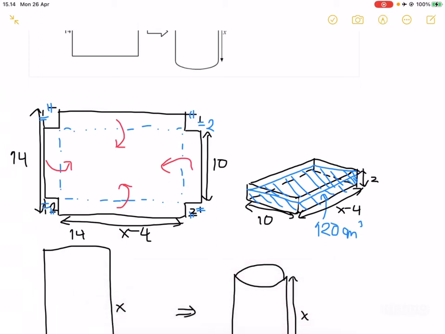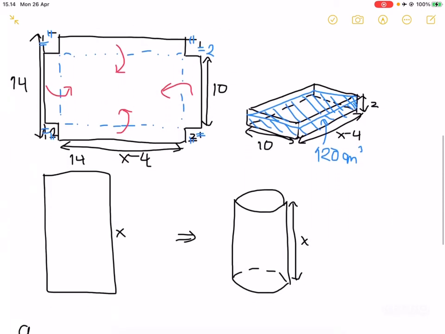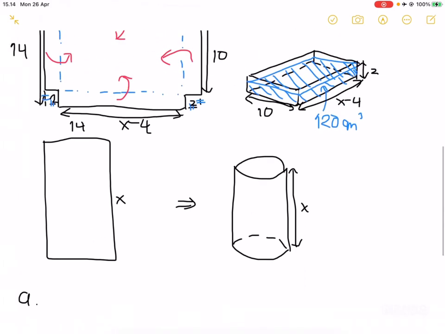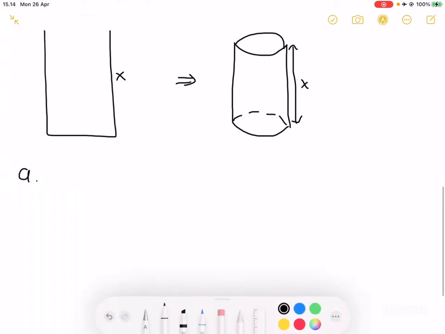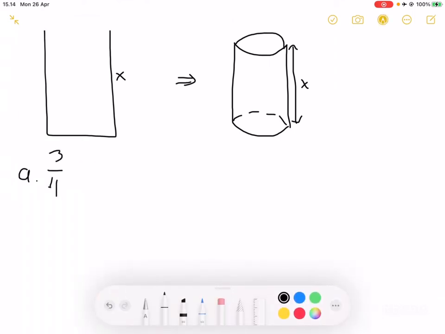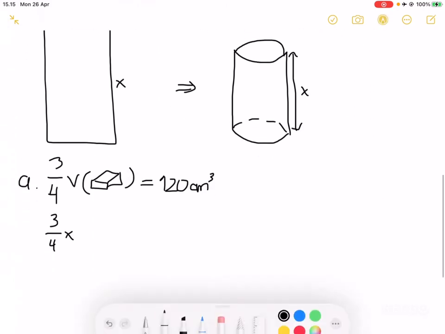Now since we know that a quarter of the container is unfilled, we know that 3/4 of the container is filled with water. So that means 3/4 of the volume of the container, I'm just going to draw a cuboid there, is equal to 120 centimeters cubed. And that tells us that 3/4 times the volume of this cuboid, which is 10 times x minus 4 times 2,